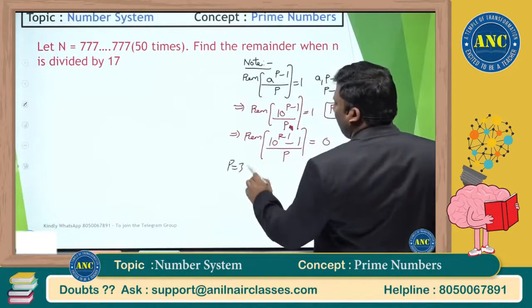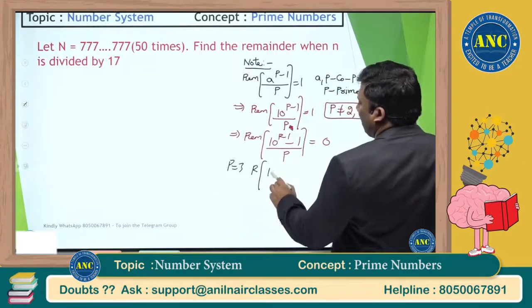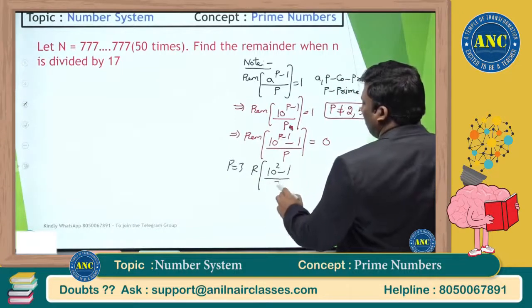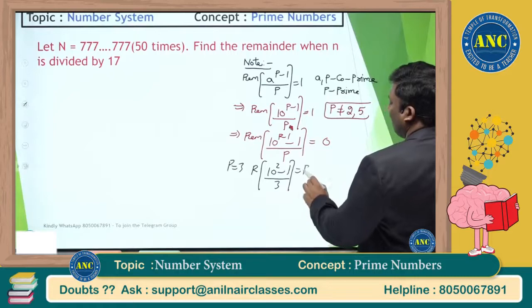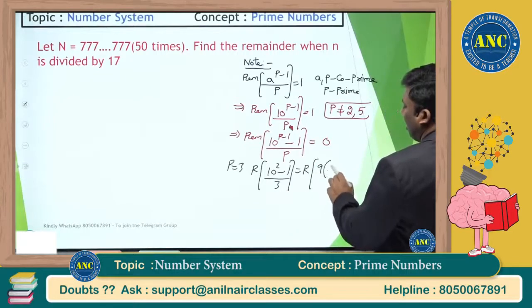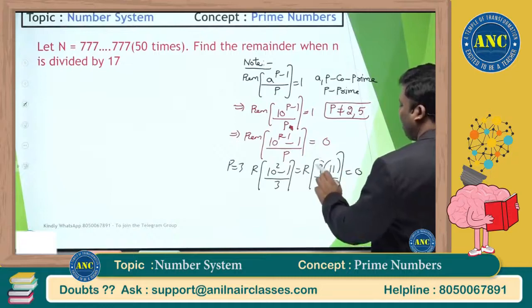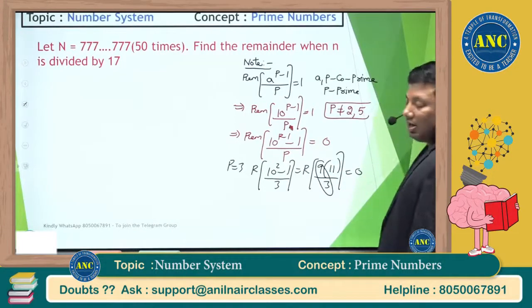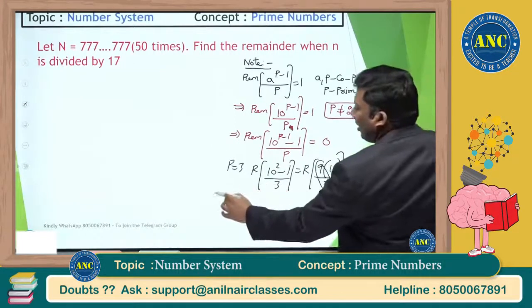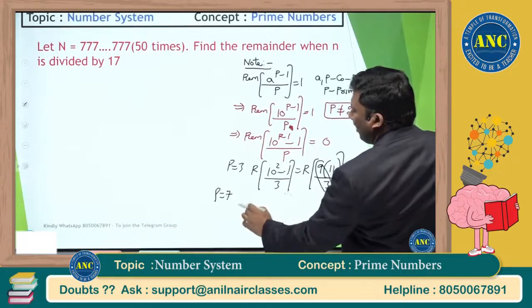If I take p value 3, this will become (10^2 - 1) by 3. 100 minus 1 is 99, which is 9 into 11 divided by 3. 9 is perfectly divisible by 3. Now if I take p equivalent to 7,